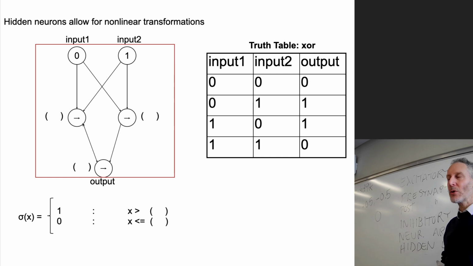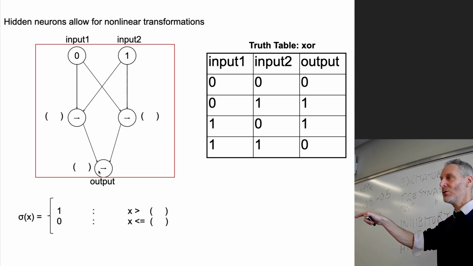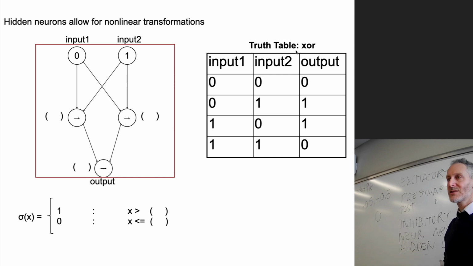So I've kind of solved half the problem for you by putting this in. And you'll notice that I have now fully connected the input layer to the hidden layer. There is a synapse that connects every input neuron to every hidden neuron. So there is full connectivity between the input layer and the hidden layer. And there is also full connectivity between the hidden layer and the output layer. Every hidden neuron has a synapse that connects to every output neuron. There's only one output. So I've already made quite a few decisions about how I'm going to embody this exclusive OR